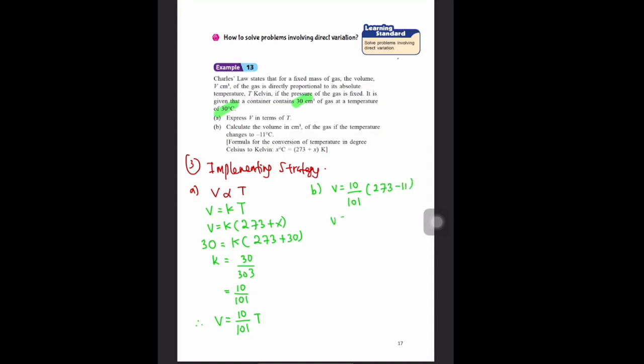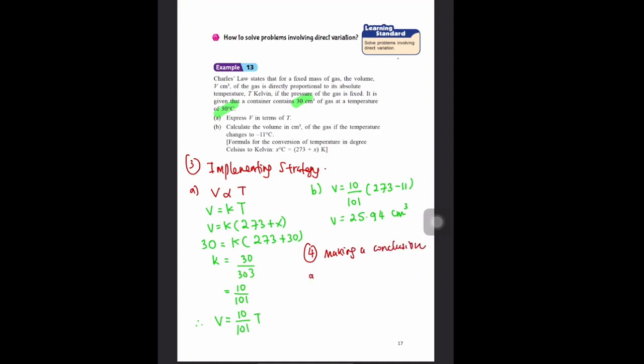So V is equal to 25.94 cm³. And our final strategy is making a conclusion,